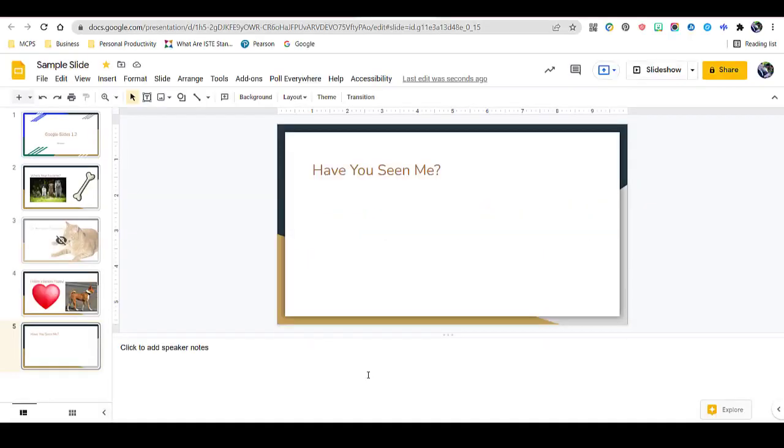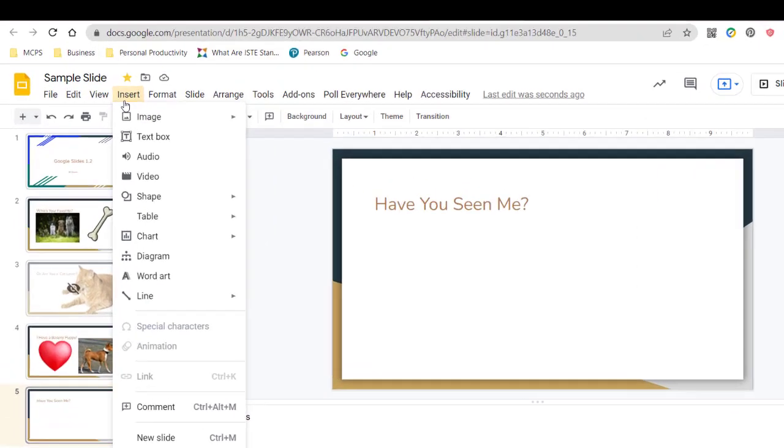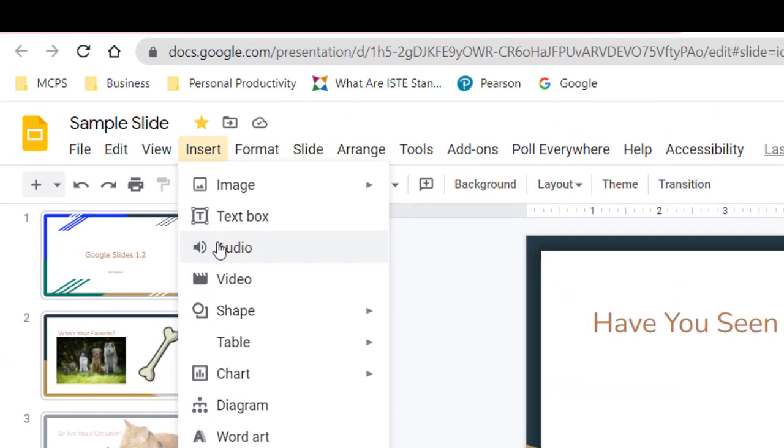Inserting a YouTube video. As we briefly mentioned before, we're going to go ahead and use YouTube as a means for inserting videos for this presentation because most other video platforms don't have nearly as many formatting options that YouTube does. So we're going to go ahead and start by going to Insert, and we're going to go to Video,